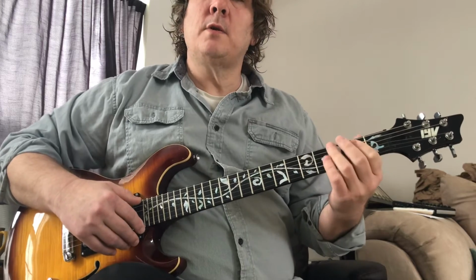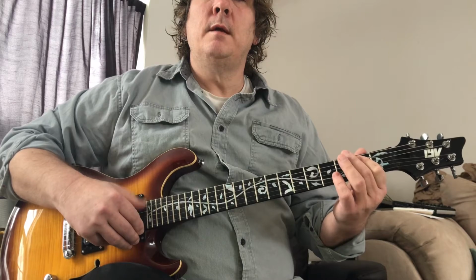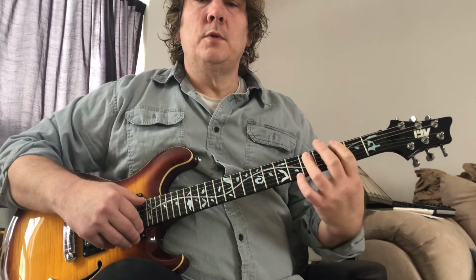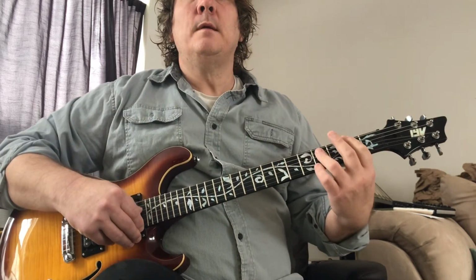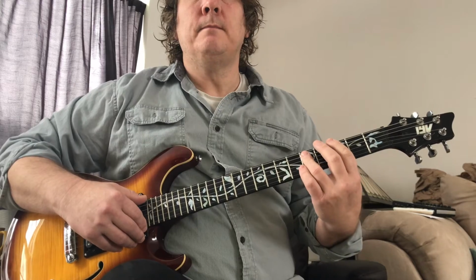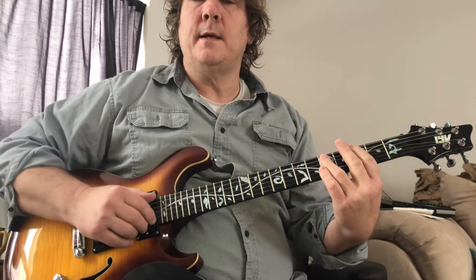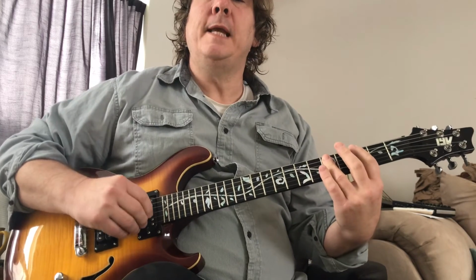And then it just goes up to a little bit of an E, like maybe 4 hits on the E. And it's in the chord, in the verse. So we're just doing E power chord, F sharp for 1 beat, and then back to the G. And he's doing a little more palm muting than I'm doing. I'm just trying to make the notes clear, but he's muting it with his